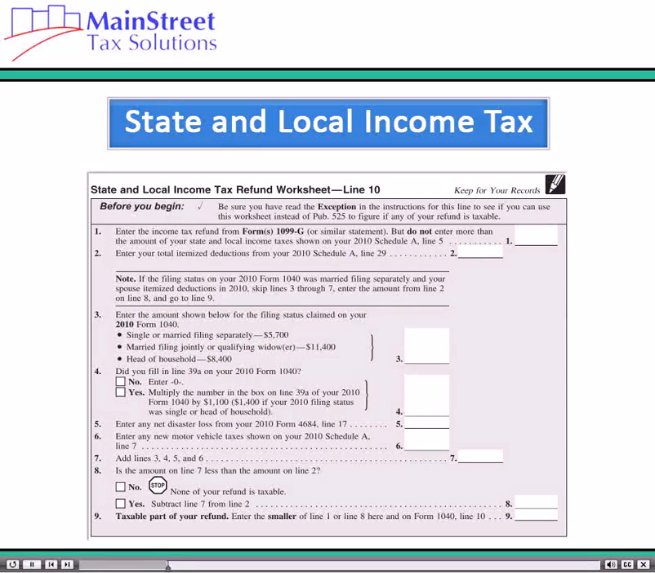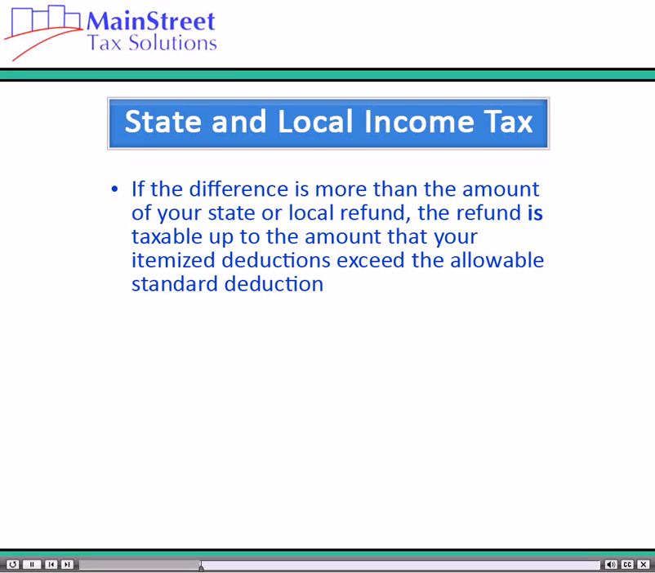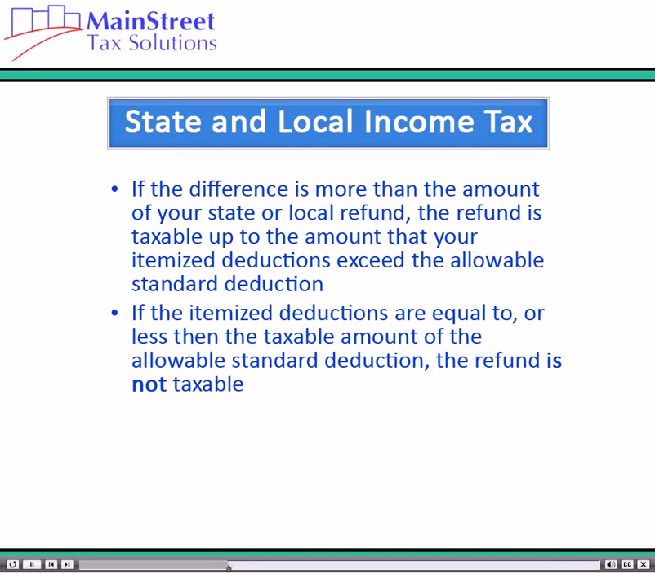In most cases, you should use the worksheet in the Form 1040 instructions to figure out the taxable amount of a refund. This worksheet figures the amount of itemized deductions that exceed the allowable standard deduction. If the difference is more than the amount of your state or local refund, the refund is taxable up to the amount that your itemized deductions exceed the allowable standard deduction. If the itemized deductions are equal to or less than the taxable amount of the allowable standard deduction, the refund